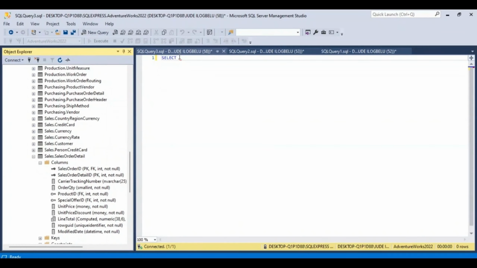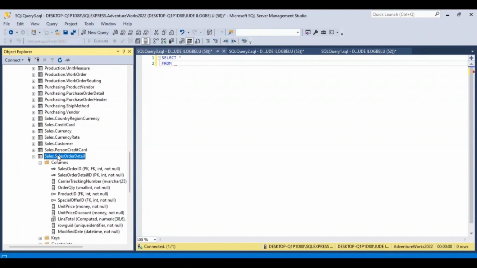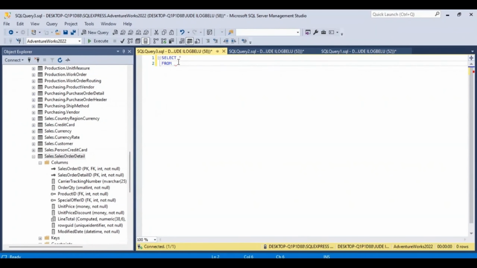So if you want to pick everything, again, remember what we do here. We put our asterisk. I mean, we are selecting all. The next question is where are we selecting from? We are selecting from this table, sales order detail. We copy it. And sometimes yours may not be able to copy like this, but it will be showing you IntelliSense as you type. We can also activate IntelliSense here. I will show you that later if we have the time today. So we'll now Control V